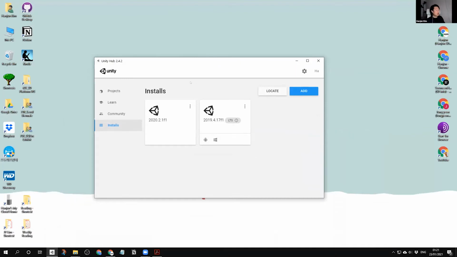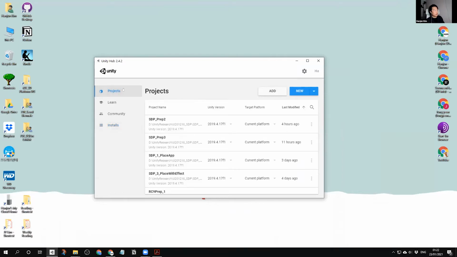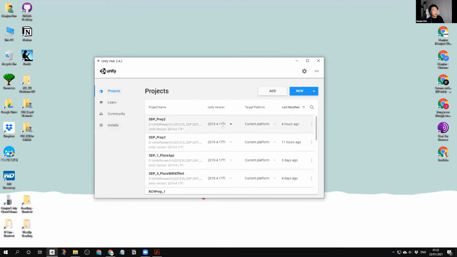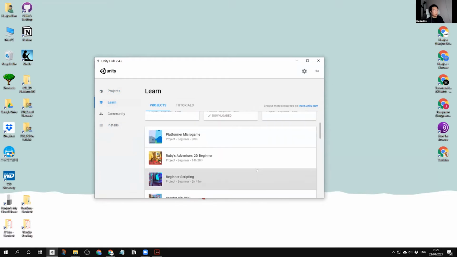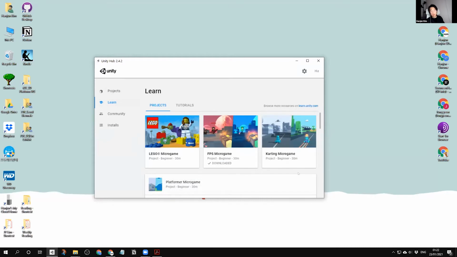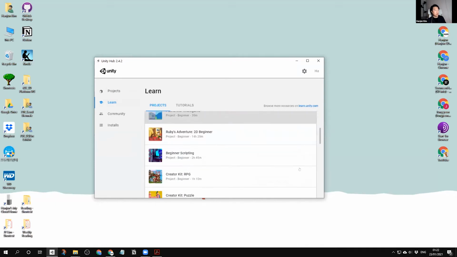So this is the Unity Hub, and this is quite convenient for taking care of the Unity files and then the Unity software itself. From the project tab, you can see your old projects, and then you can choose the version of your files. And if you want a bit more ideas after this workshop, you also can have a look at Unity Learn as well, because they provide